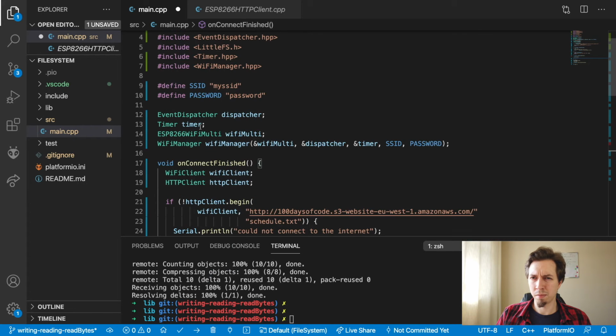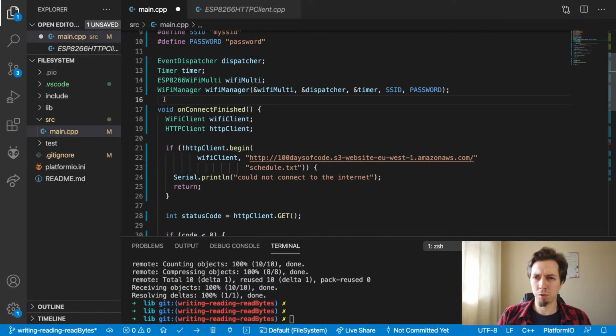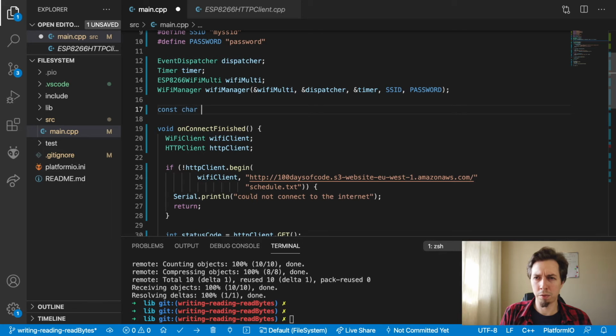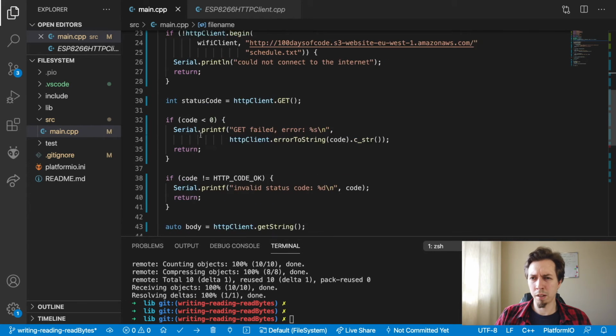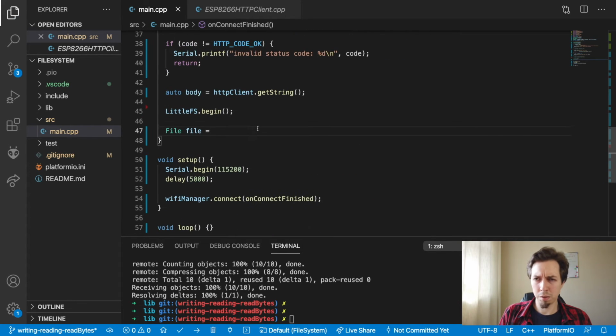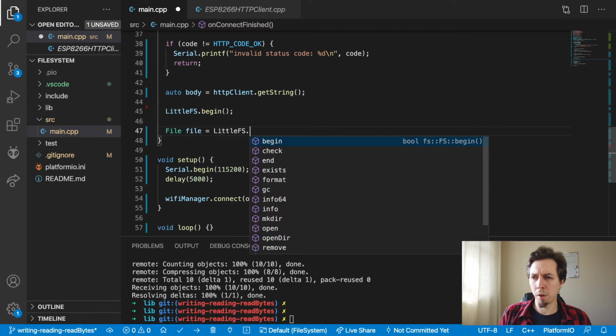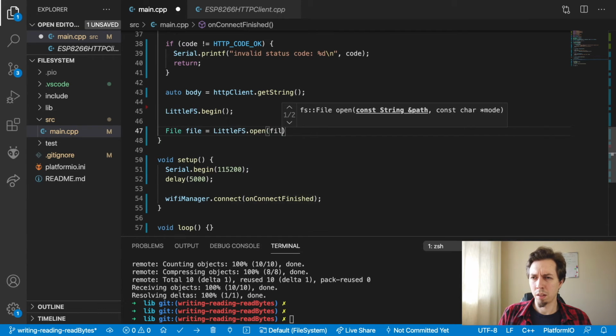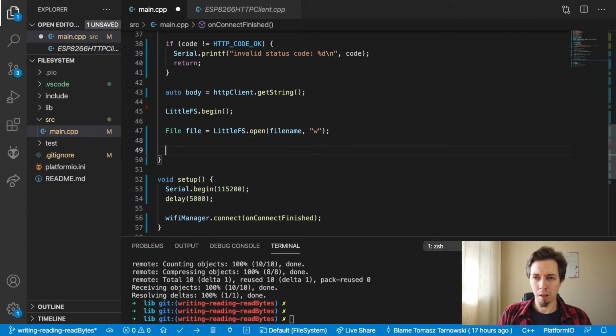So you know what? I'm just going to again define some sort of variable, and let's call it file name, and that's gonna be file maybe .txt. So that's gonna be our file name, and that's going to be the file we will open for write, right? We open it to write to it, and